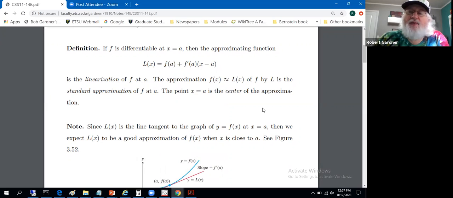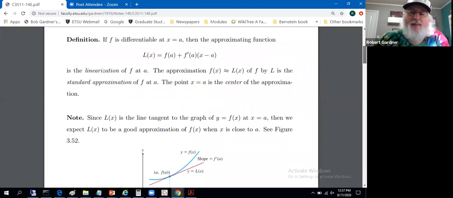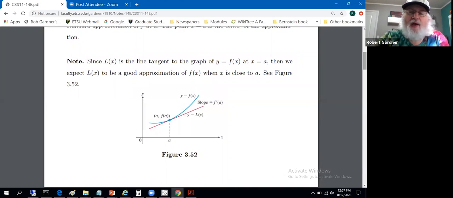So think in terms of approximating in this sense. L of x takes on the same value as f of x does at x equals a, and L of x has the same derivative that f has at x equals a. How about second derivatives? Does L of x have the same second derivative that f has at x equals a? In general, no. In the picture, no. But